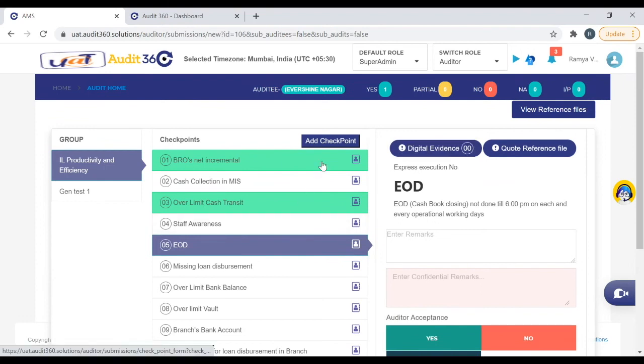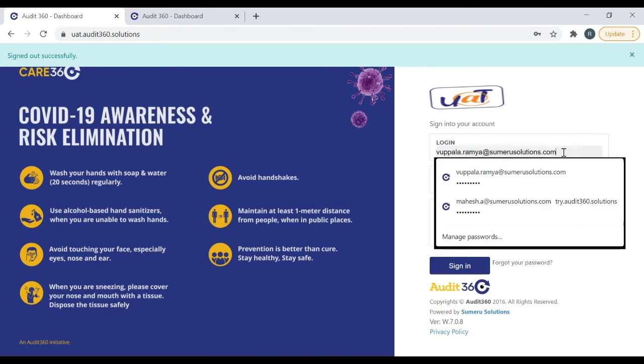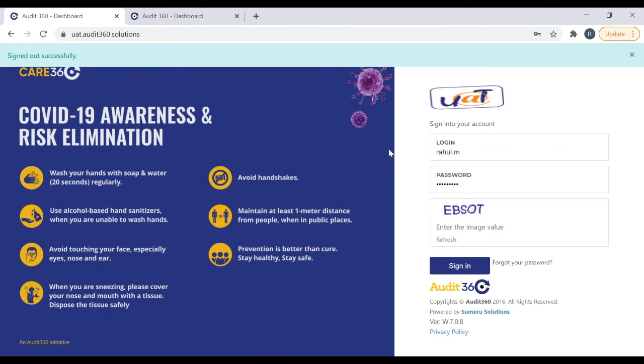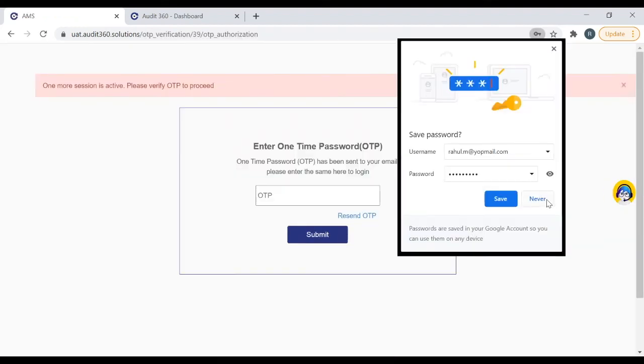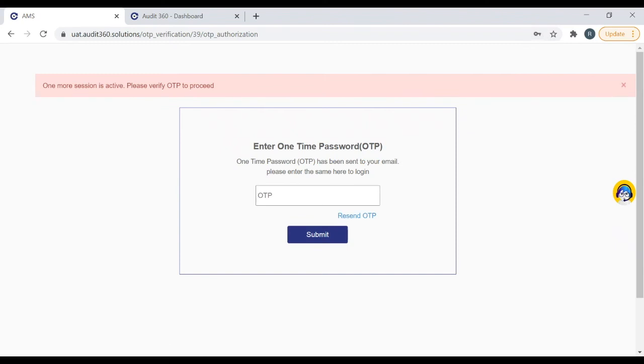Now let me come to the auditee user to show how this functionality would work. Let me log into auditee. Just logging into the auditee user. Okay, that is in a session. Just give me a minute.